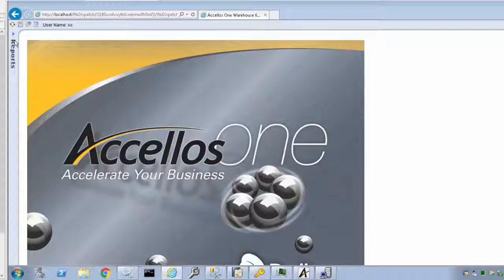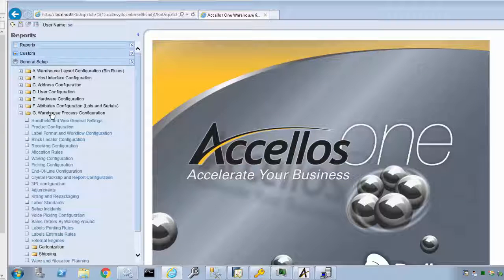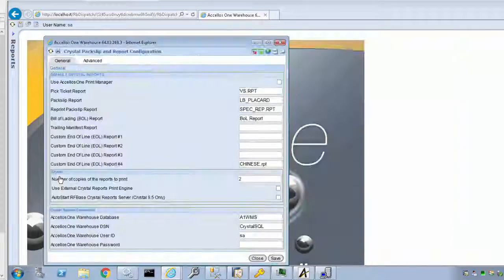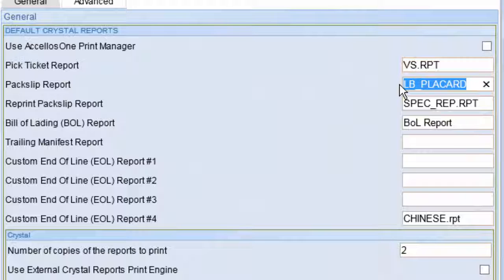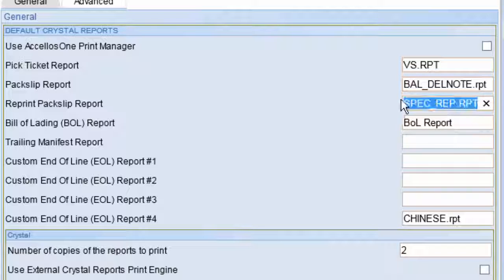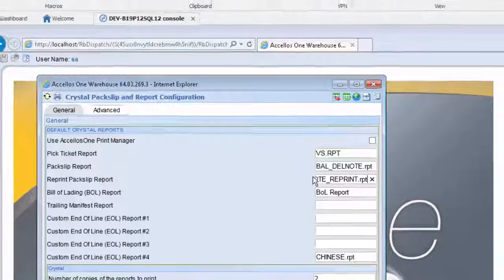So to set up the Crystal report, you go into the reports, general setup, warehouse process configuration, Crystal packslip and report configuration, and in here you need to specify the name of your delivery node. So the name of our report will be bal_delnode.rpt, and then the reprint will be bal_delnode_reprint.rpt,